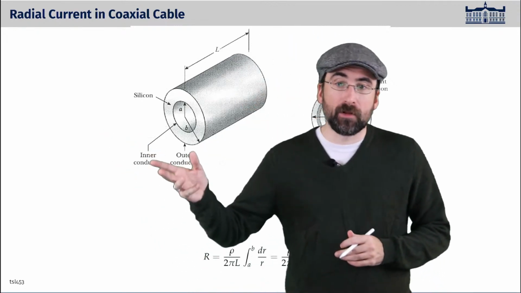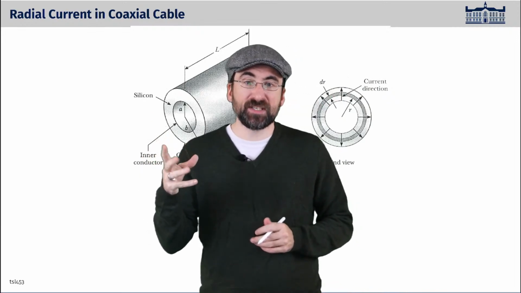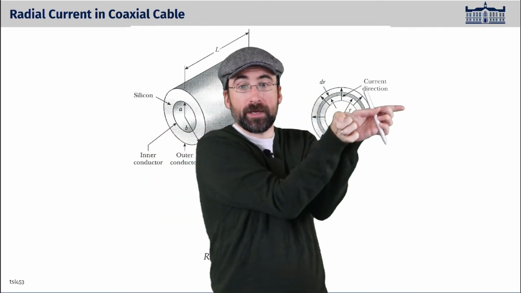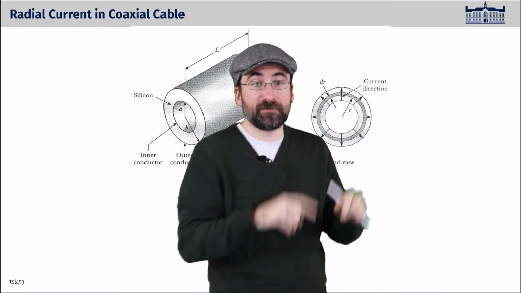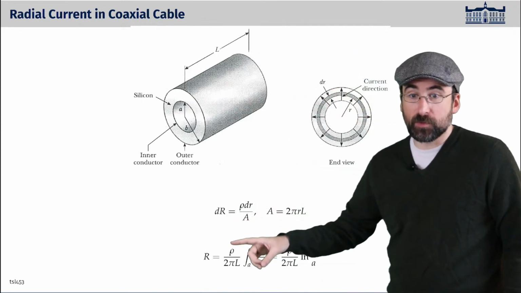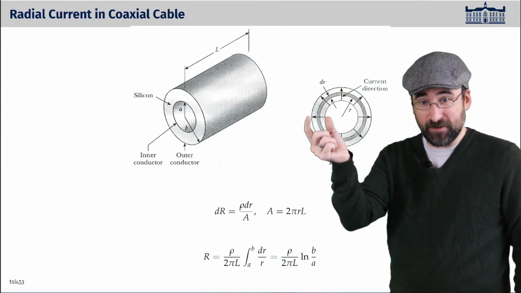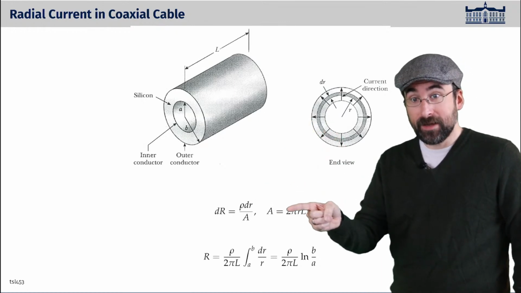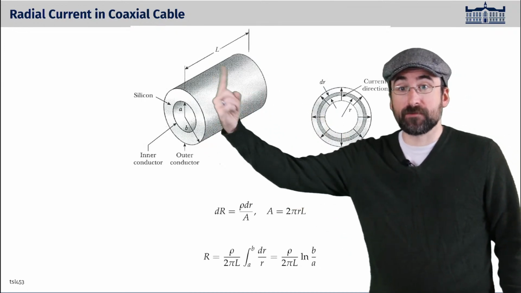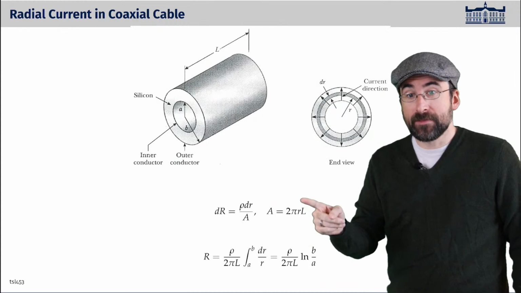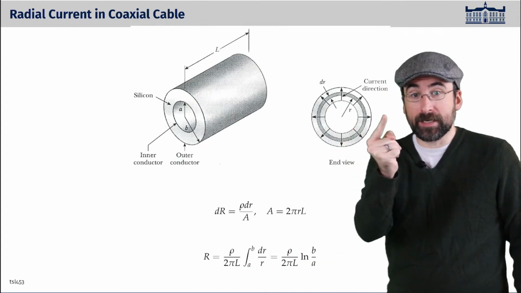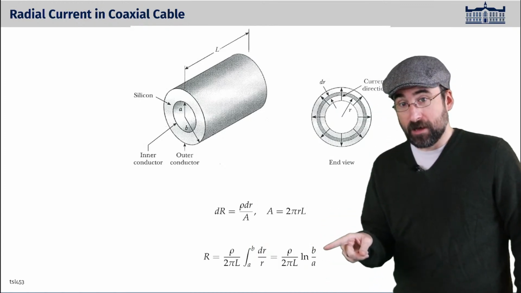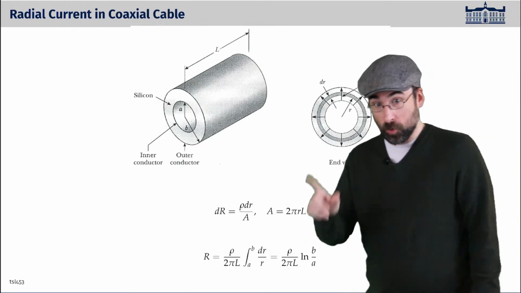This is just an example of an application of that. Here we have a coaxial cable where instead of having current traveling down the length of it this way, we're assuming the current is going from the inner surface to the outer surface. And so we could calculate the resistance of a device in this configuration by taking my resistor design equation, plugging in the area of this surface of the cylinder, and then just integrating from the inner radius to the outer radius. And we see here, we get a strange sort of equation for the total resistance of the wire in